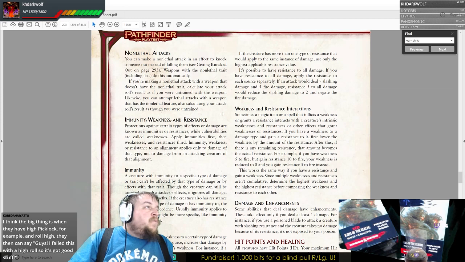You can make a non-lethal attack in an effort to knock someone out instead of killing them. Weapons with the non-lethal trait, including fists, do this automatically. If you're making a non-lethal attack with a weapon that doesn't have the non-lethal trait, calculate your attack roll's result as if you were untrained with the weapon. Likewise, you can attempt lethal attacks with a weapon that has the non-lethal feature, also calculating your attack roll's result